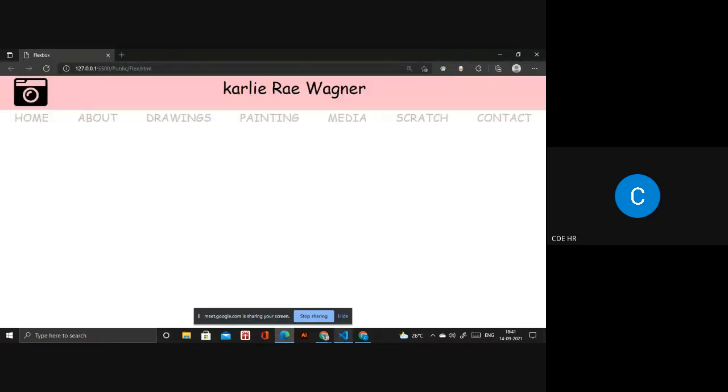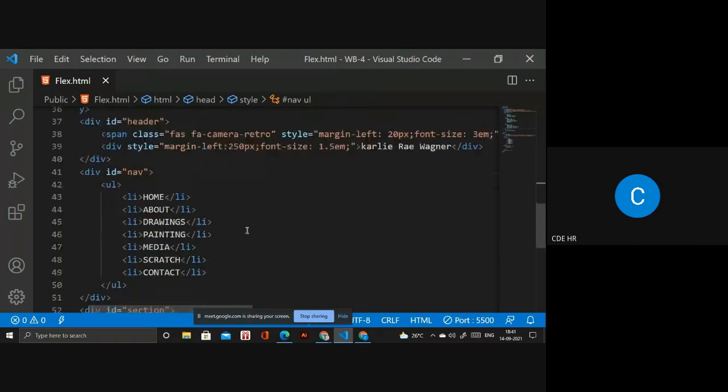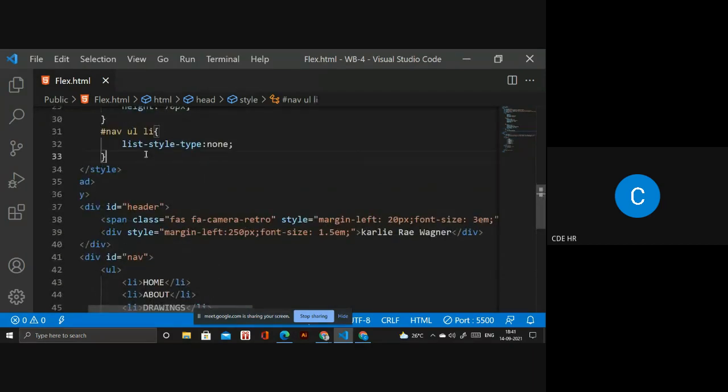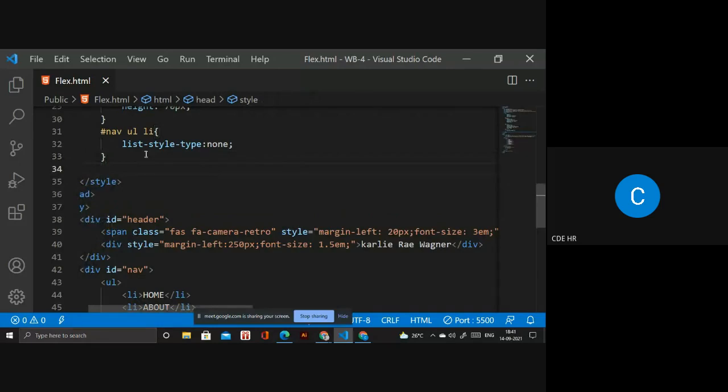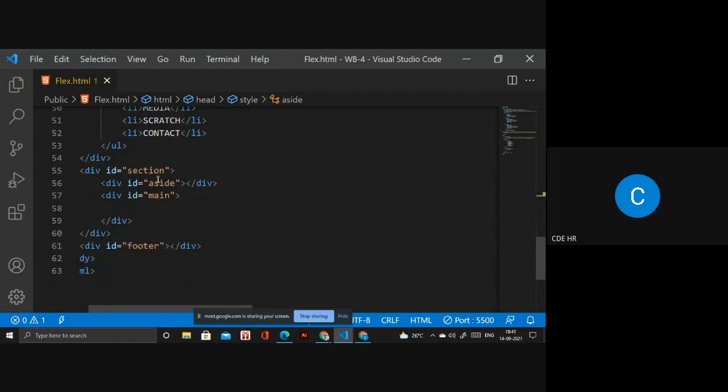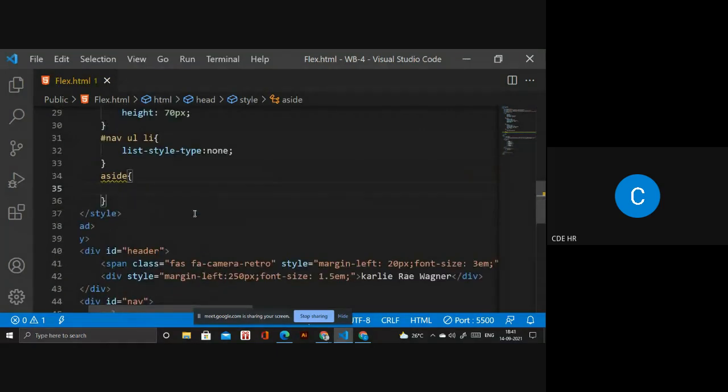Okay, now I need a section as well. Now onward I will write section, and inside I have to write aside. In that aside you have an id. You have to write the id.